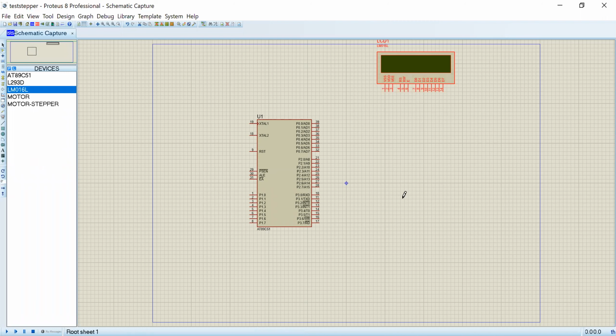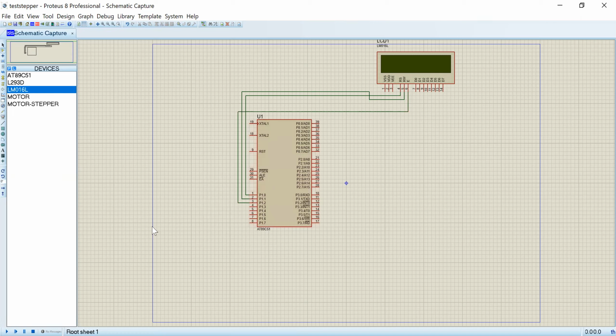As per my program, the register select pin is connected to P1.0. P1.1 is connected to read/write, and the enable pin should be connected to P1.2.